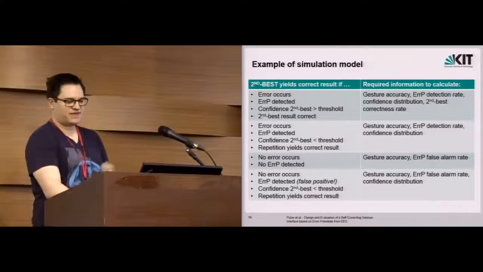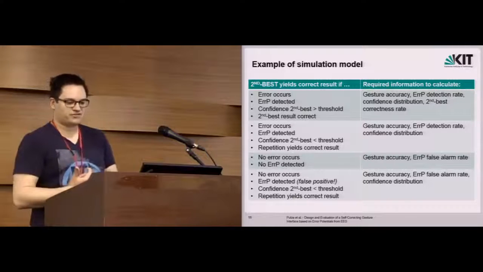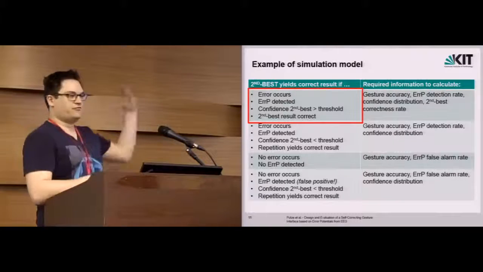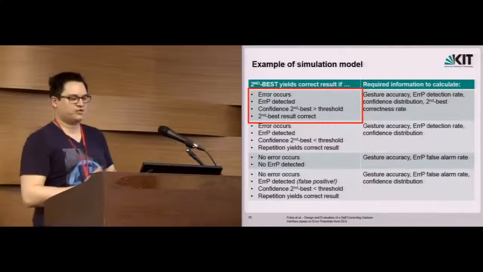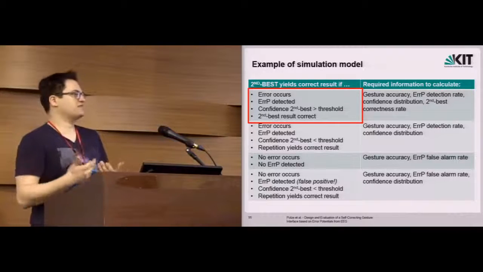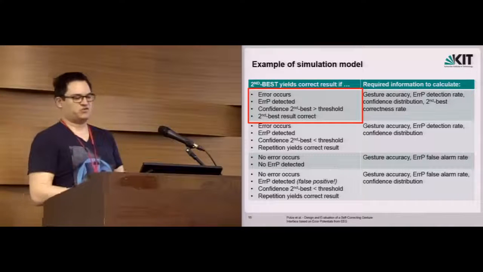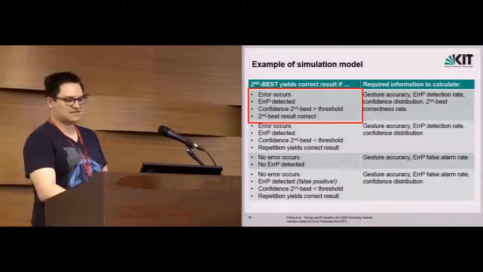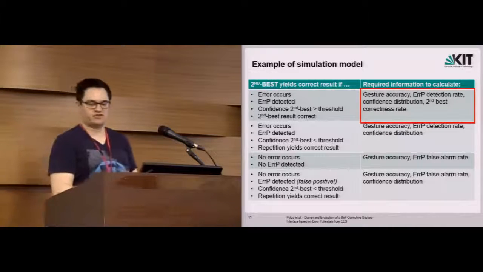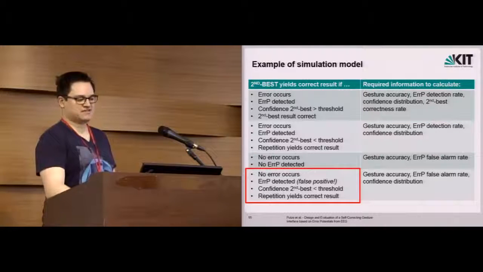We do this by identifying all the cases in which a correct gesture is recognized after correction is applied. This is, for example, the case if an error occurs during the gesture input, but the error potential is correctly detected, the confidence of the second best is above the threshold, and the second best result is actually correct. To calculate the probability of this case, we need this information which we collected during the cross-validation. And we repeat this process for all those cases. So, for example,